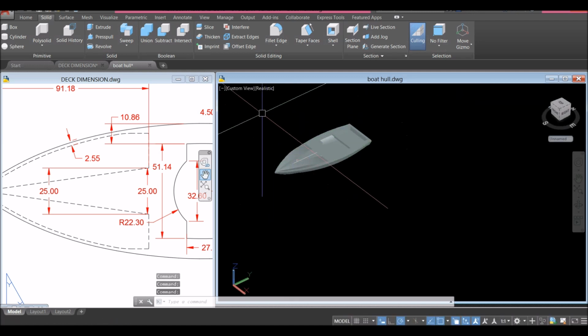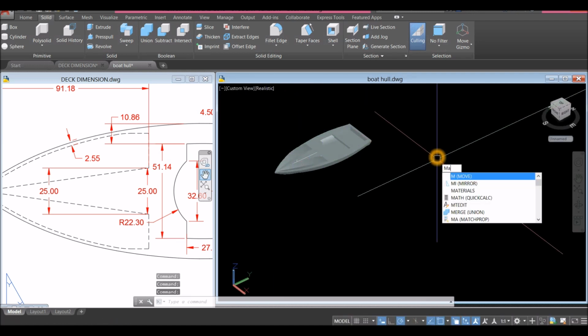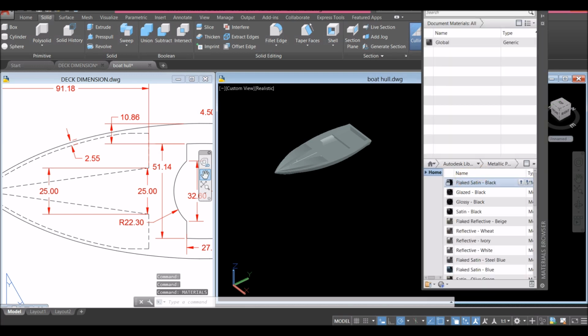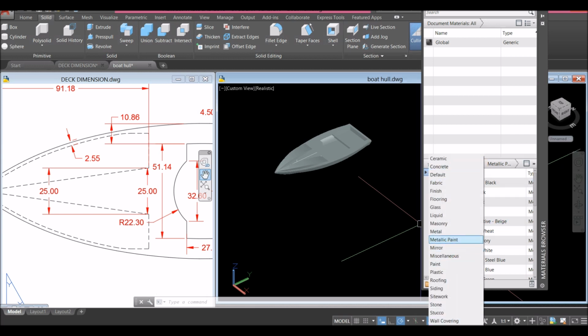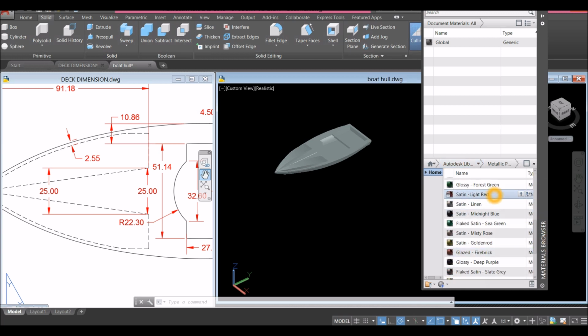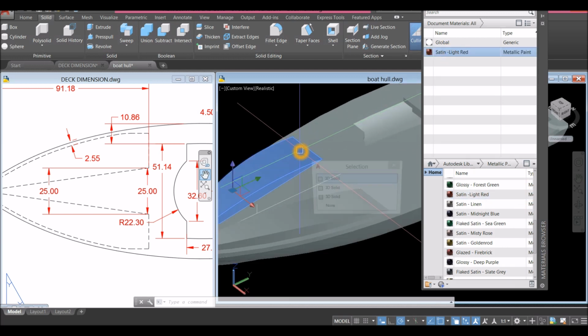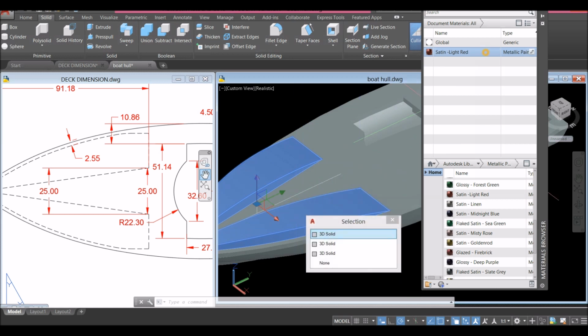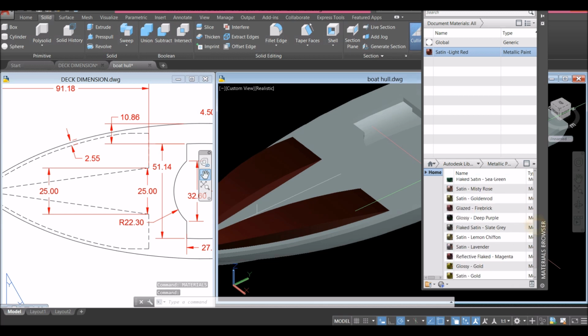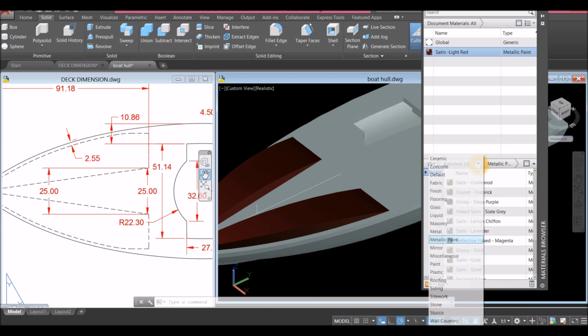And apply materials. So materials, I'm gonna select, so click this drop down arrow and select metallic paint. I'm gonna color, I'm gonna choose satin light red. So click this arrow and select these two objects, click that, and then I'm gonna select another. I'm gonna go to metal,